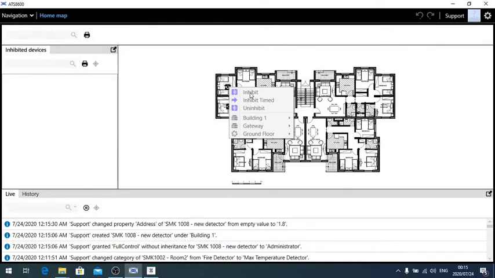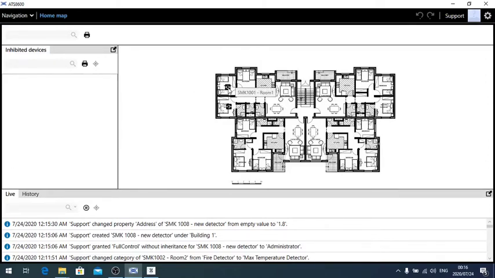If I say inhibit, it's supposed to isolate it. And it won't do that now because it's not linked to the fire panel. But normally when it's linked and you say inhibit, it will just stay